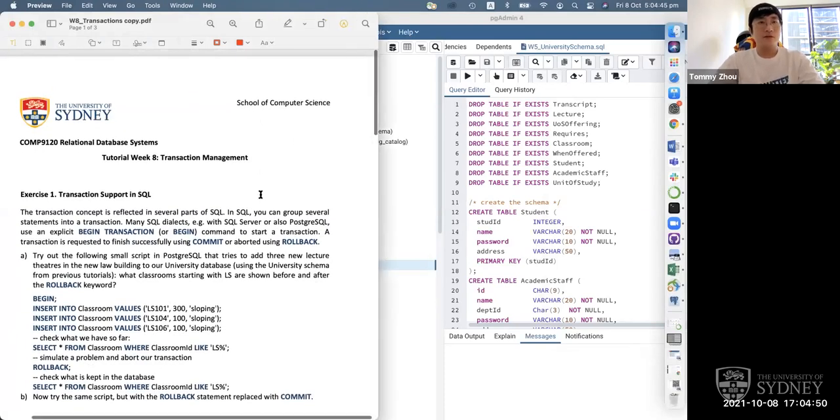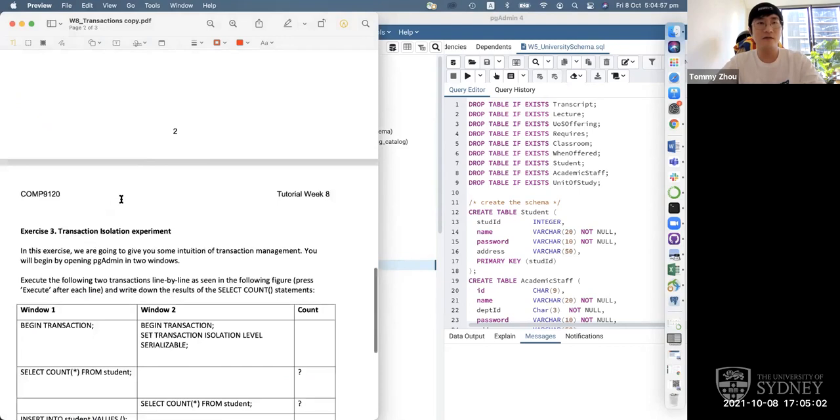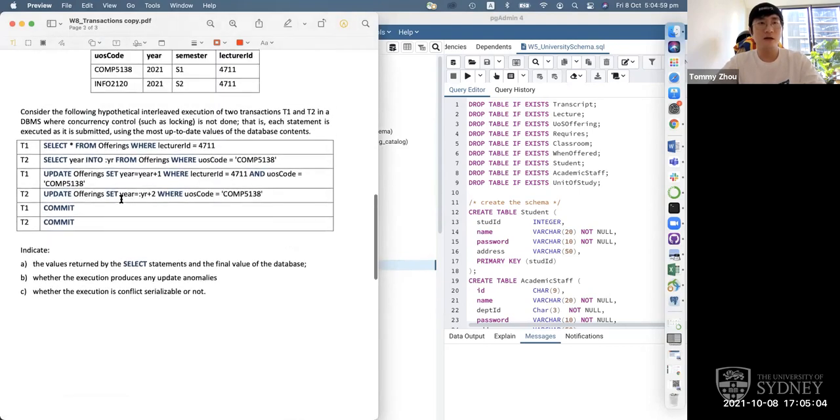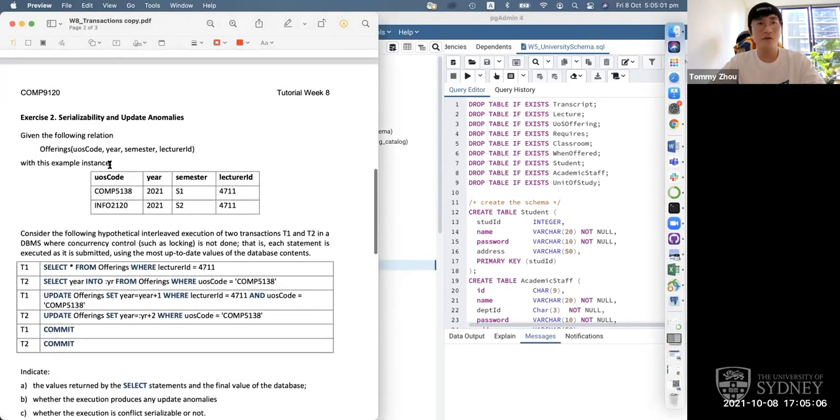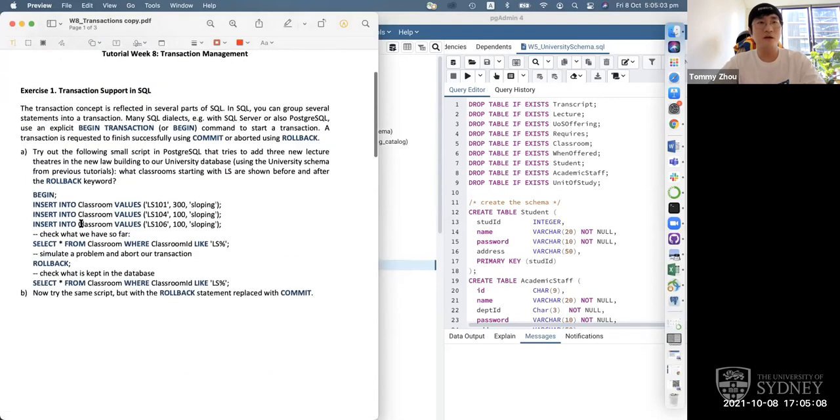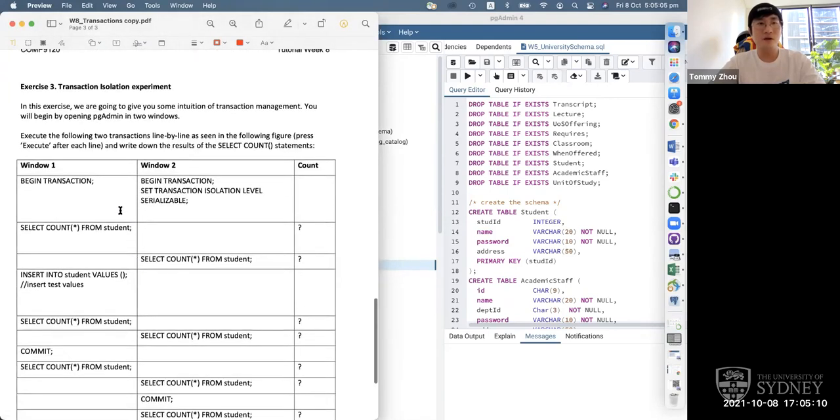So you've already downloaded the tutorial sheet. You will find 3 exercises for today. Let's change the order of the exercises a little bit. We can do exercise 1 first and then 3. At last, we are going to do exercise 2, just because exercise 1 and 3 are going to give you some